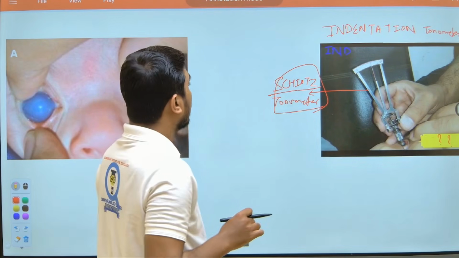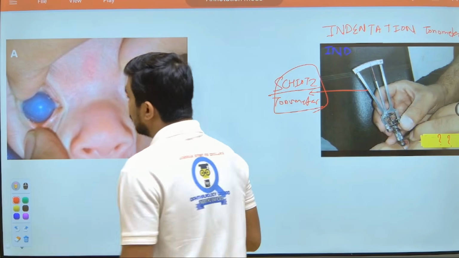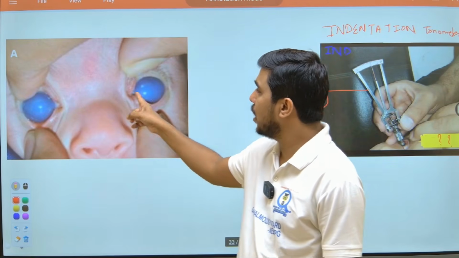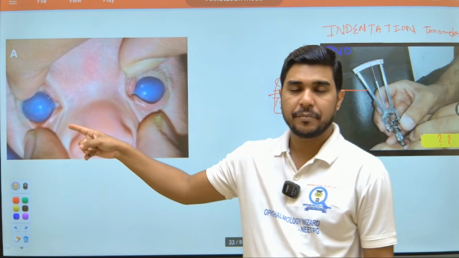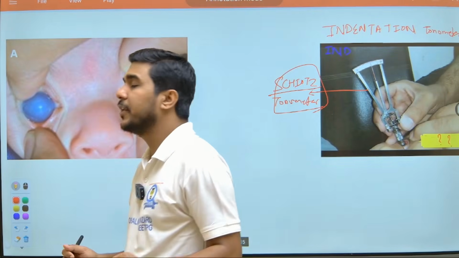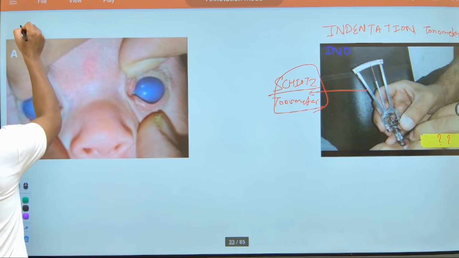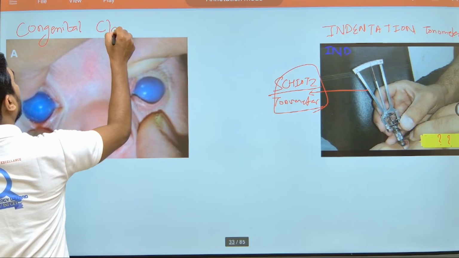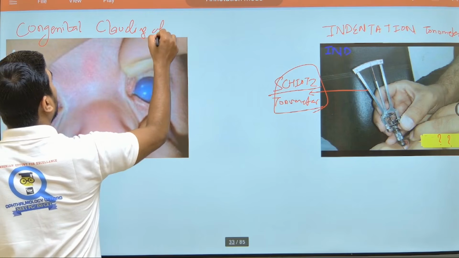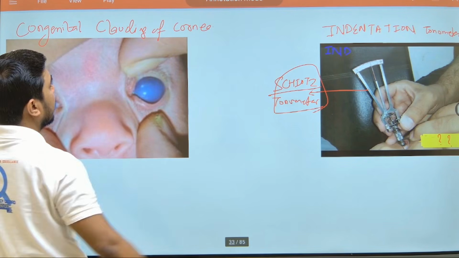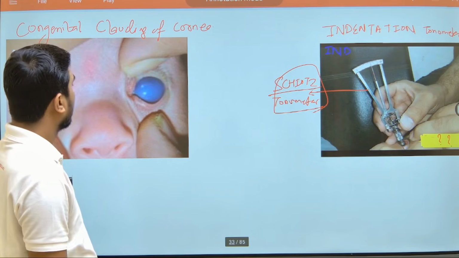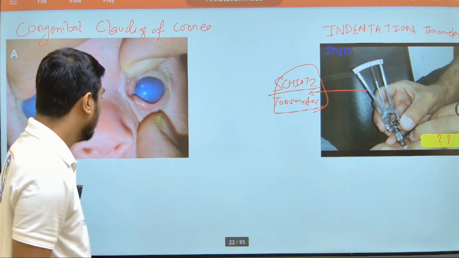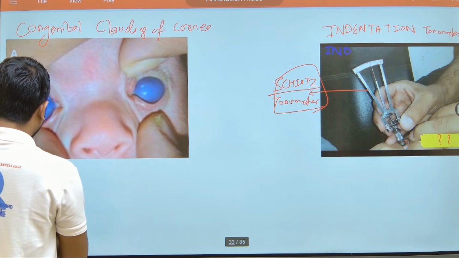Now coming to this important thing: what you are seeing is that the cornea of both eyes is clouded. So this is congenital clouding of the cornea. What can we call it? Congenital clouding of cornea. It can be because of so many reasons, and depending upon the situation you can diagnose those reasons. So congenital clouding of cornea can be remembered by